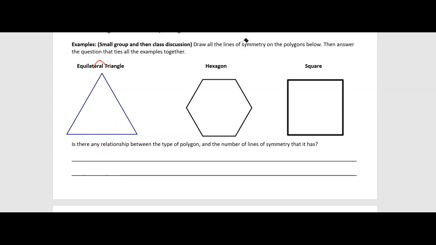We have a line that looks, oops, that was my eraser, not what I wanted. Start over. All right, so we have one line there that we came up with. We have a second line here, and we have a third line here. So there are three lines of symmetry for an equilateral triangle. For a hexagon,